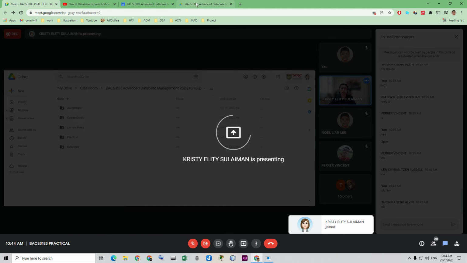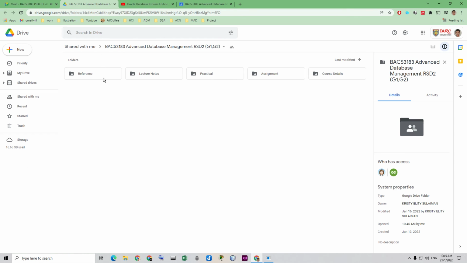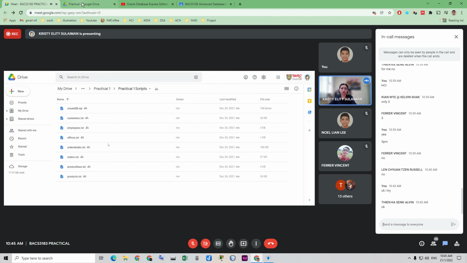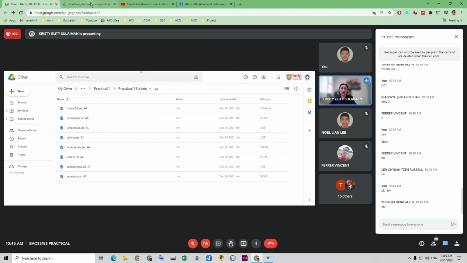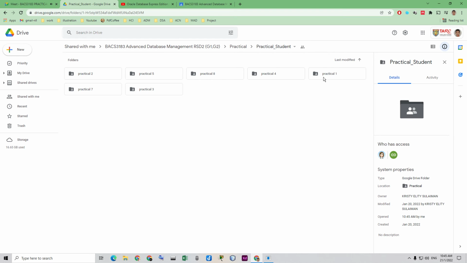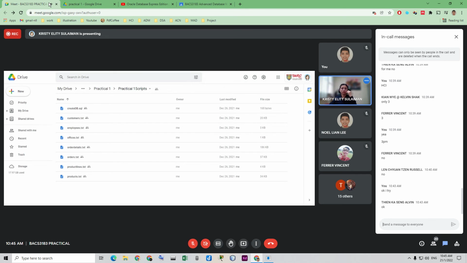It's actually the source file. You need to download this one, Practical. I put it under here. You need to download all of this, and put it in your C drive for you to try the automate script. Make sure you put it in C drive.